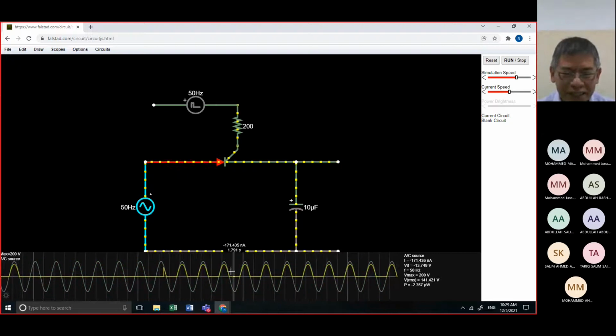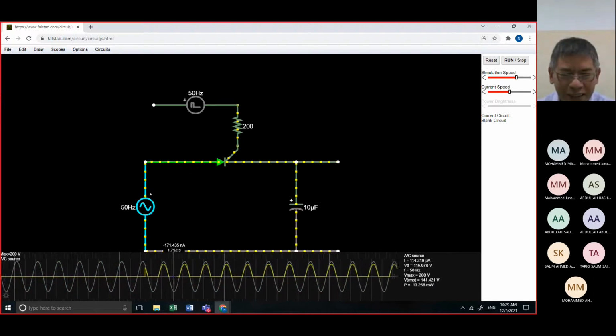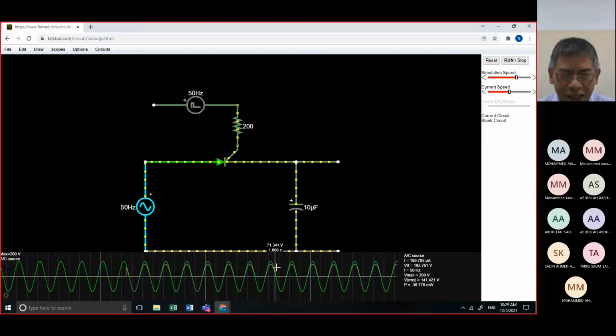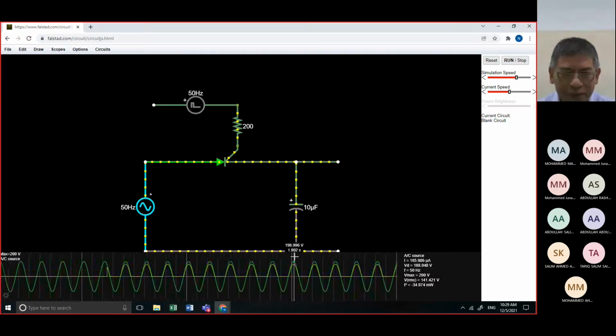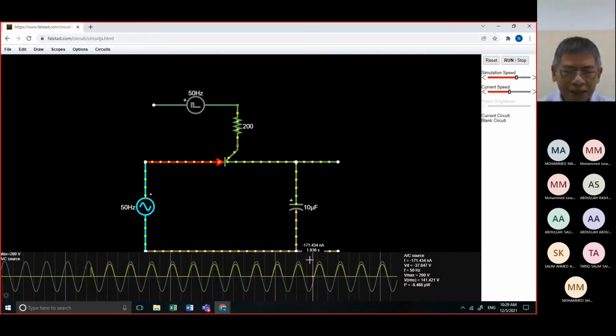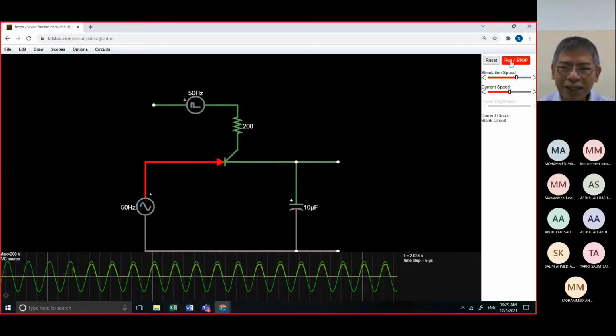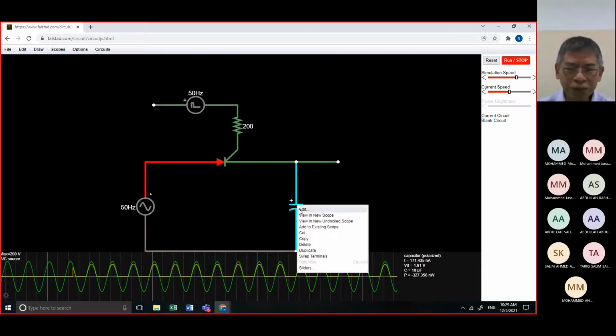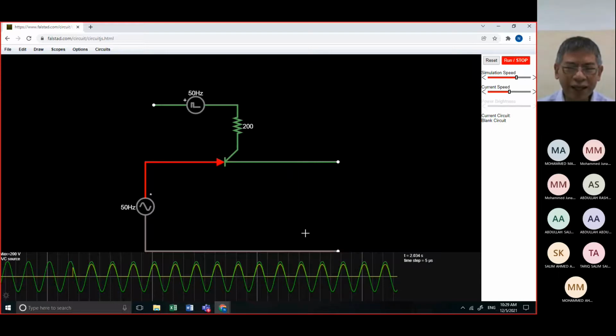Did you see this is the output, right? There is an output here with the capacitor. I will repeat with the resistor. I change it with the resistor. What is the output? I will cut and then return it with the same value of resistor.